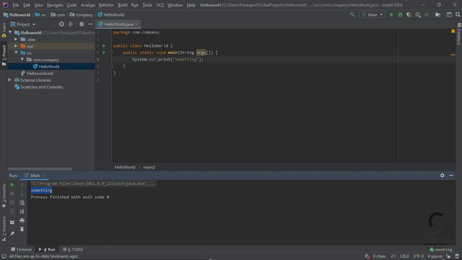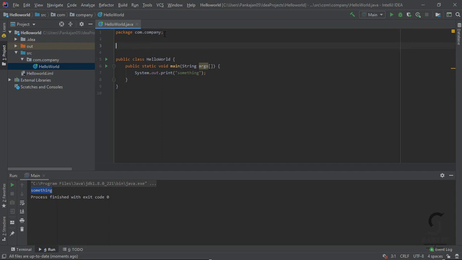If I want to create an application like this, the main important thing is to tell why I am creating this class. So we use comments. Comments are very important in your application. If you write comments, then everyone can understand the purpose of the application. We have single line comments. When writing single line comments, we use a double slash, and after that we write: this is my sample program. So this is a single line comment.